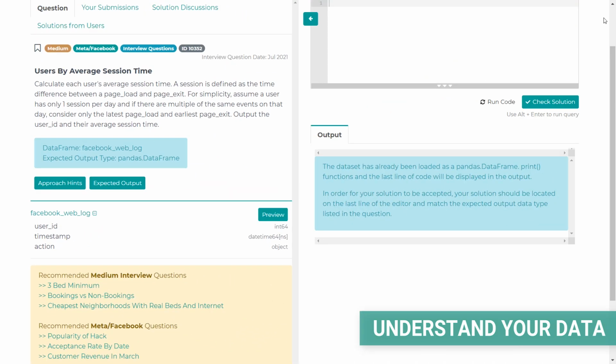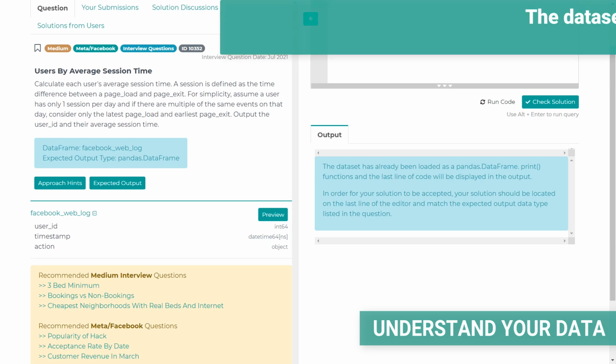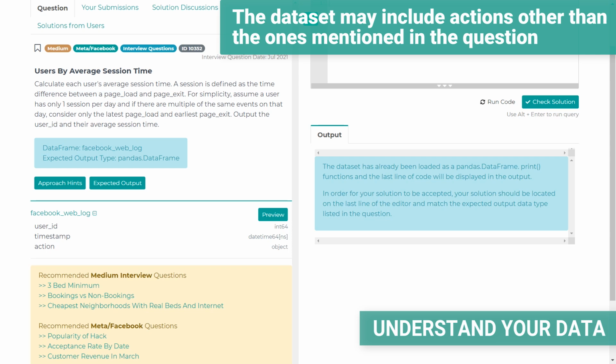And based on the explanation given in the question, we can guess that the 2 examples of the action property are page load and page exit. But we can't rule out that this field doesn't take any other values. Maybe we also track if a user scrolls up or down during their session, then other values in the action column could be scroll down or scroll up. The kind of values that we don't need to solve the question, but we still need to anticipate that they